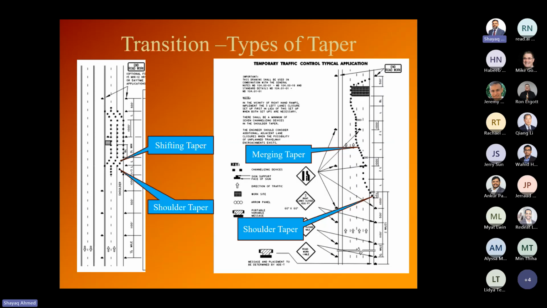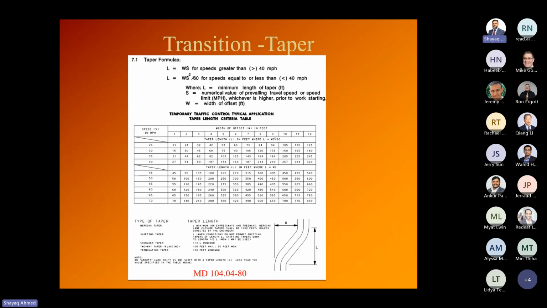So if you're closing a lane, you cannot just immediately close the lane. You have to give advance warning, and also you have to give advance merging distance for the vehicles to merge into an adjacent lane. That's what the merging taper is. If you go back to the previous slide, the merging taper is given here. This is the same L, but on the expressways, 1,000 feet minimum should be maintained. And